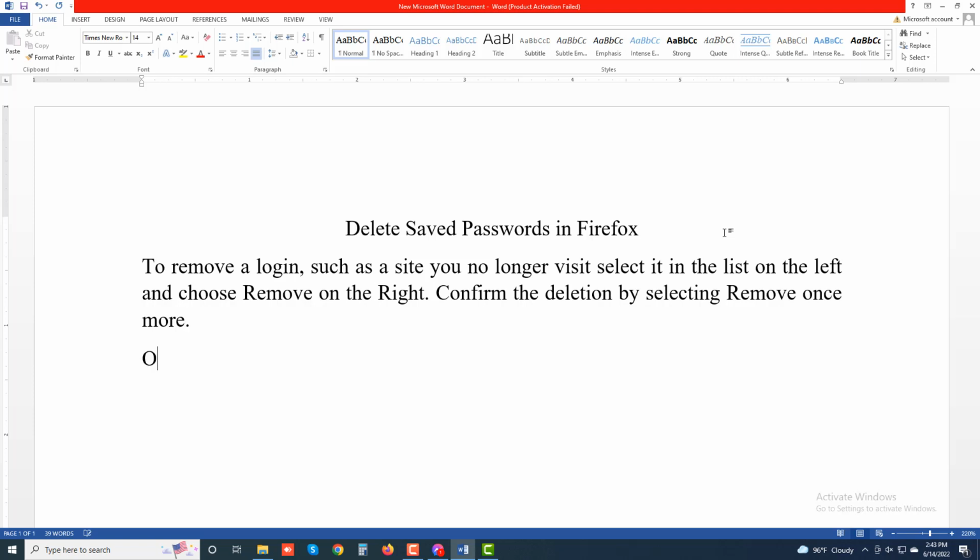On Android, select the login from the list. Tap the three dots